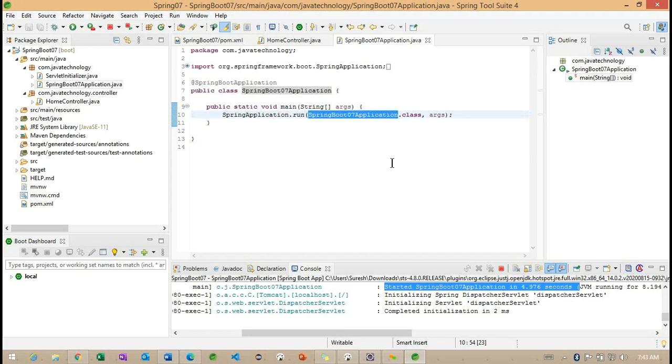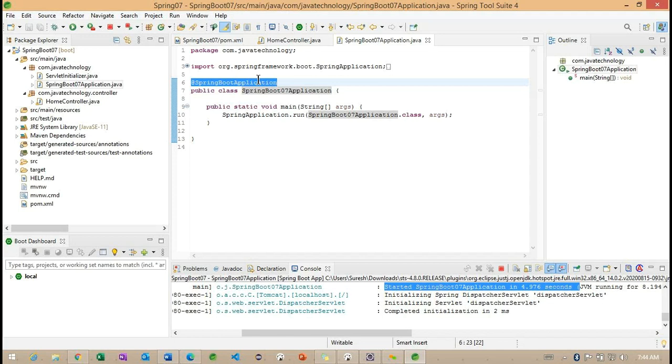Getting the point? Okay. And this particular SpringBootApplication annotation internally has 3 types of annotations. What are the 3 types of annotations here? Basically, one is the configuration annotation that we have identified, and one more, component scan, which we have also identified. The final one is enable auto configuration. This is newly added in Spring Boot. What it will do is enable the auto configuration.